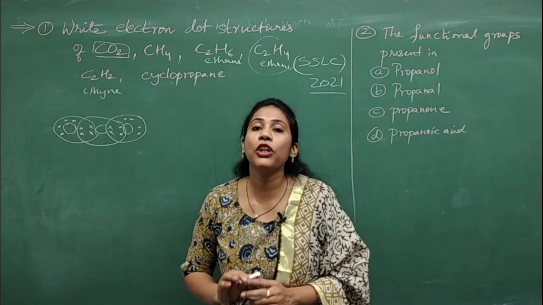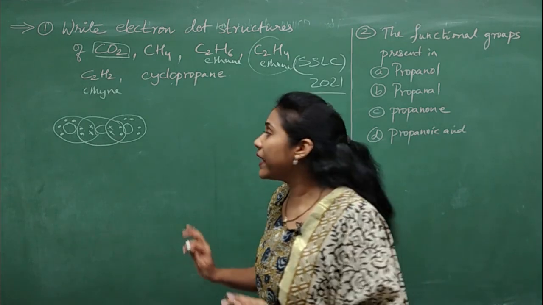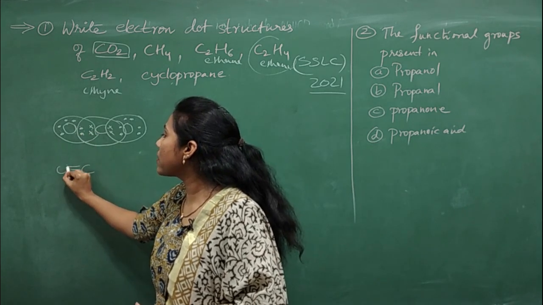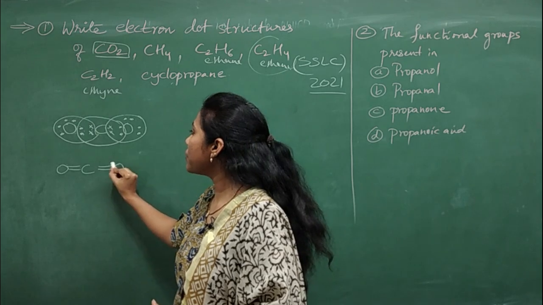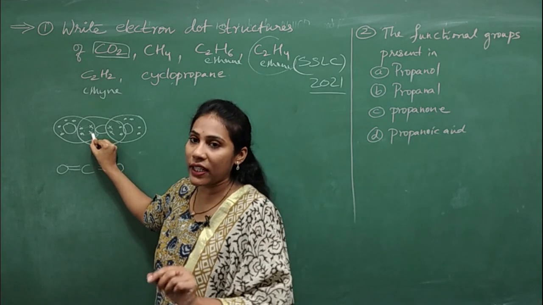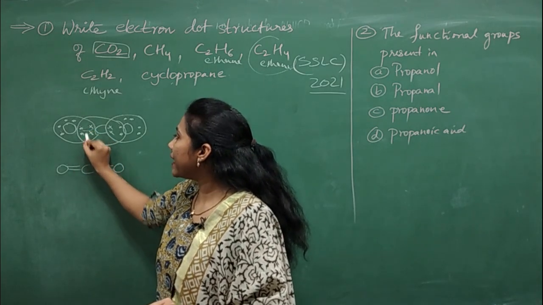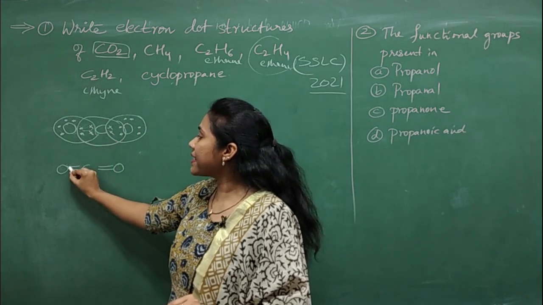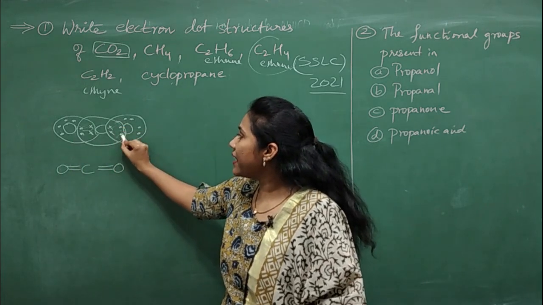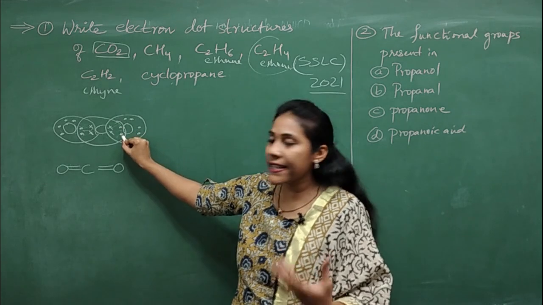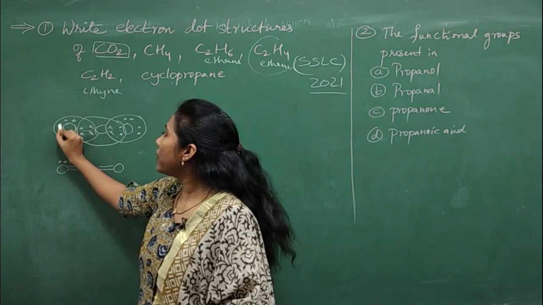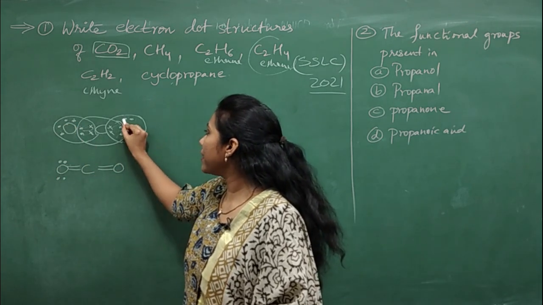So this is the electron dot structure for carbon dioxide. Or you can also write it as O=C=O, and you see 2 bonds are formed with this oxygen, 2 bonds are formed with this oxygen, and this is the shared area, right? So how many electrons are there in the shared area? 4 electrons are there. So 2 electrons together make 1 bond, another 2 electrons make another bond. So 2 bonds between this carbon and this oxygen. And likewise, this is the shared area between carbon and the other oxygen. It also has 4 electrons, so 2 bonds. And unshared electrons you have to mention. So 4 unshared electrons are there, so that I am mentioning here. 1, 2, 3, 4.